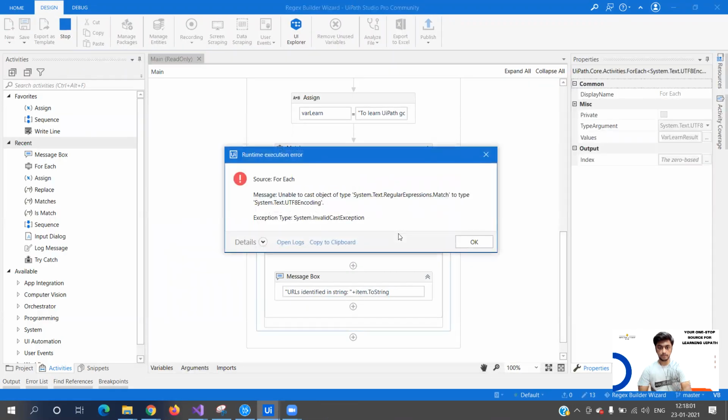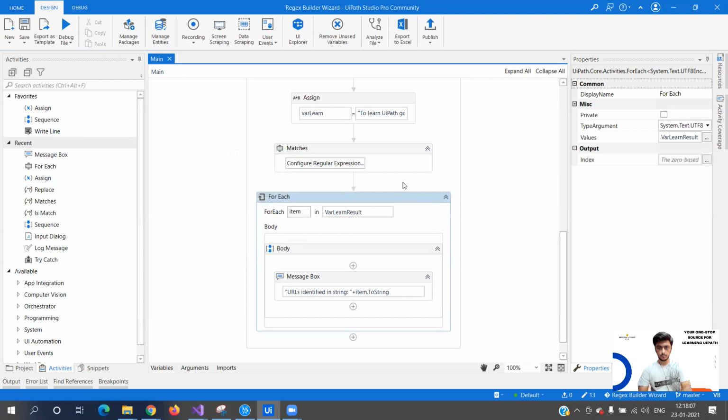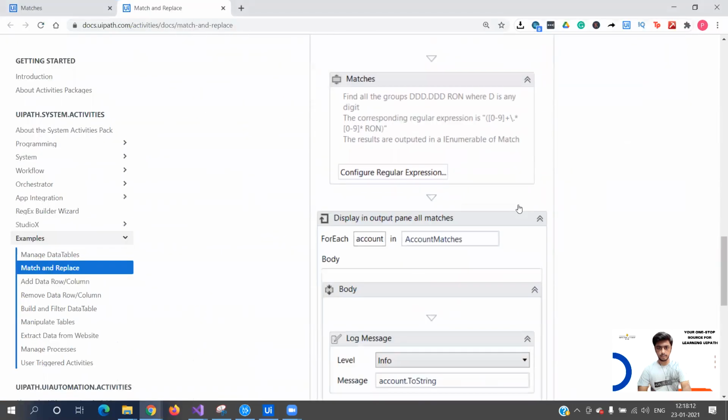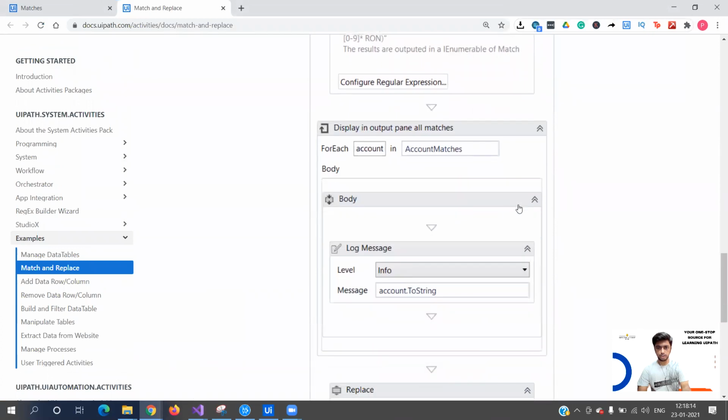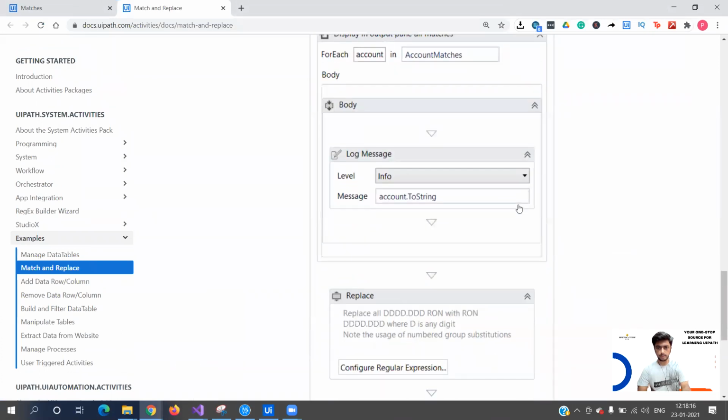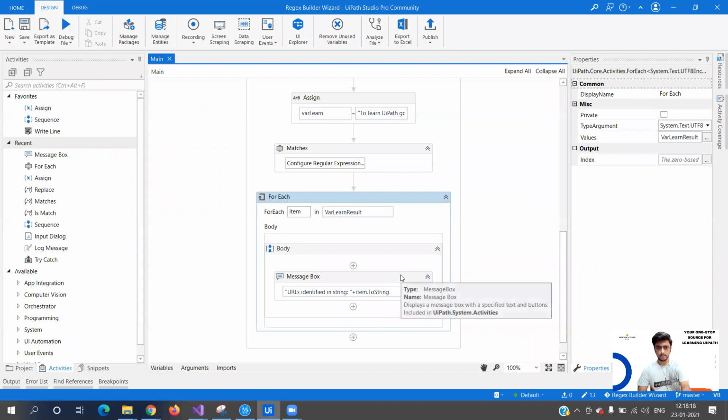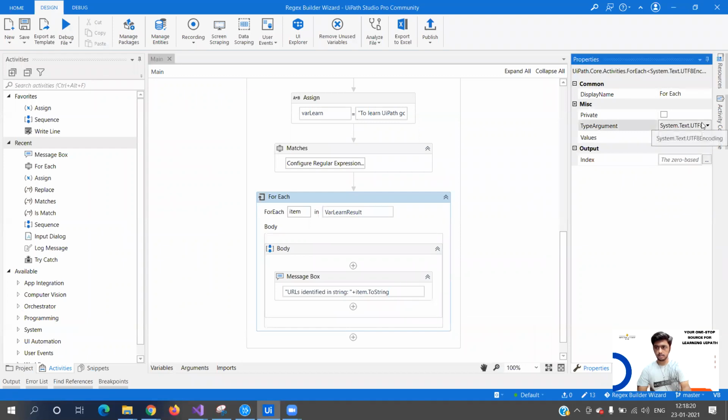Again, let's see what the error is. Display for each account, and we have account.ToString.